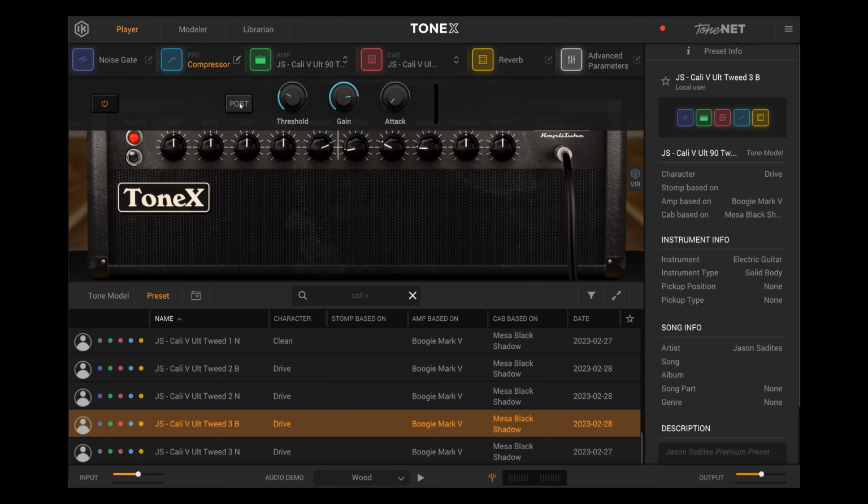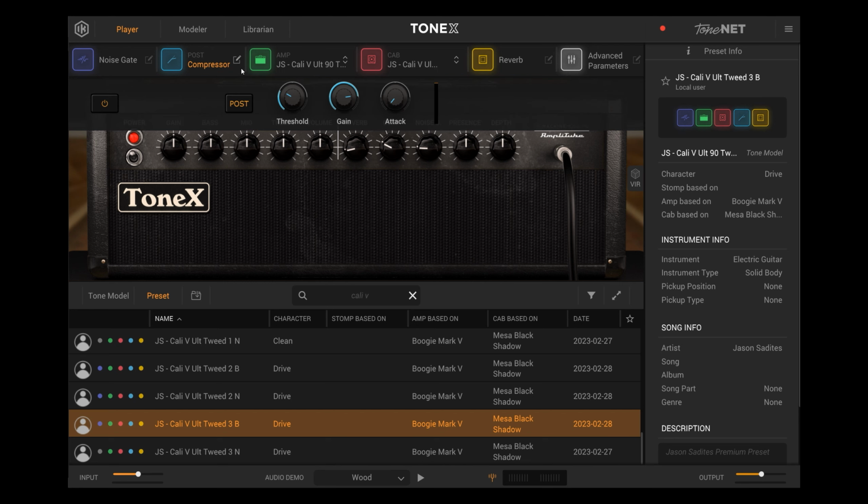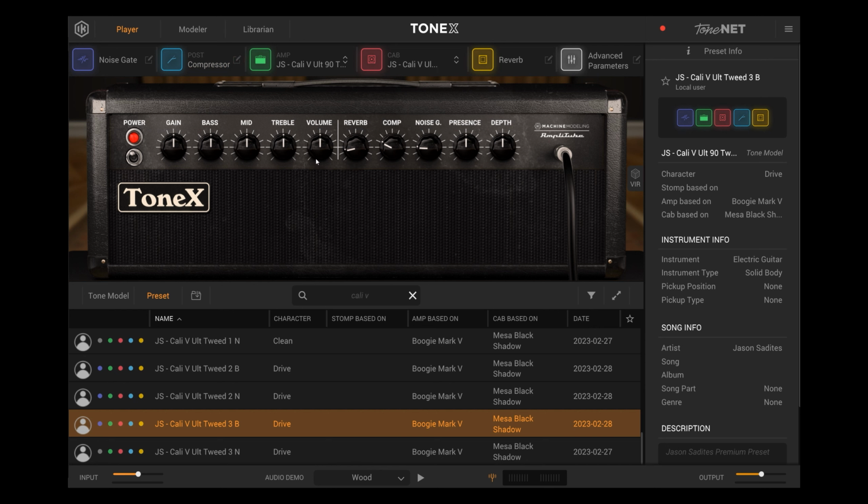Now, if this is set to post, though, now what we're doing is we're coming in with our guitar from the left here, going through the amp, and now hitting the compressor on the other side. So if we raise this volume up, we are going to affect the way the compressor is reacting, and that may not be what we want. So if we are using the compressor in post mode, which I like to do a lot, if we want to raise the level that's coming out of the output, we can also use the gain control of the compressor here, and we could crank that up,